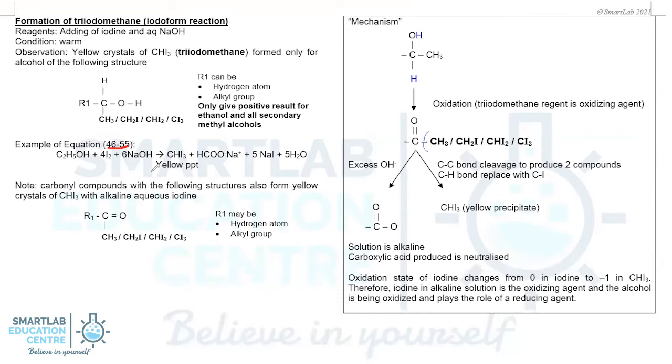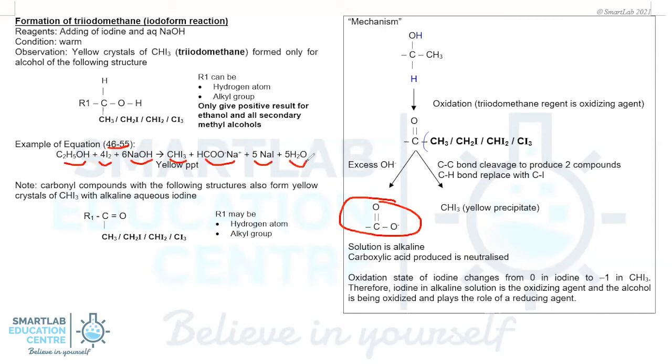When alcohol gives a positive haloform test, the balanced equation we term as 4,6,5,5. So alcohol, obviously just 1 mole, then 4 is iodine first, followed by sodium hydroxide. You can remember that based on alphabetical order. The product formed will be CHI3, that's just 1. And of course your carboxylic acid that we mentioned here earlier. And the 5,5 will comprise a salt, which is your NaI, and your water molecules.